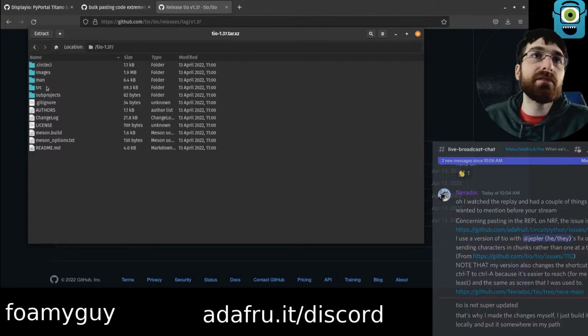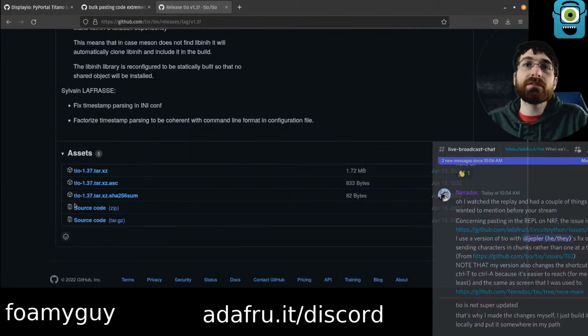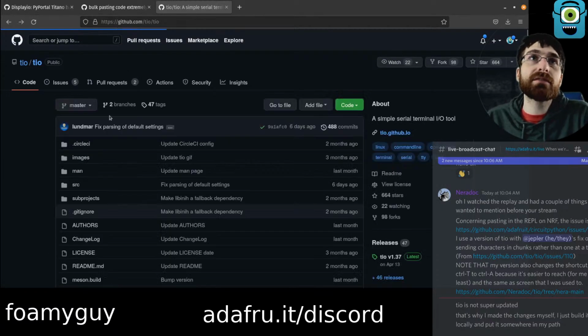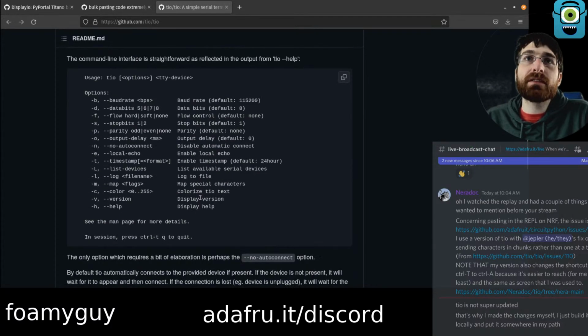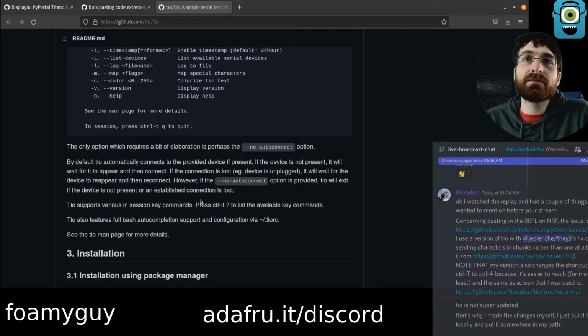Source. Yeah, I don't know. I have no idea how to build it. I don't really want to build it either, right? I just want to install it and use it. I guess that's where I lose a lot of